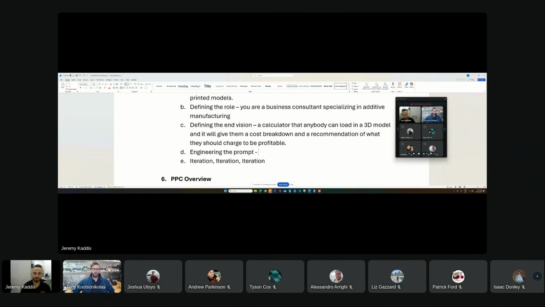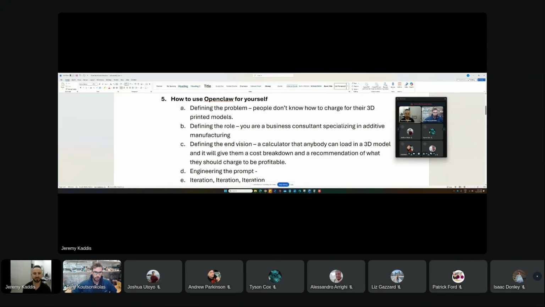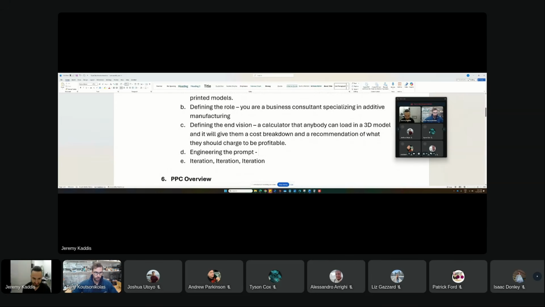That's our end goal. Then you don't want to give it specific instructions. You want to say, this is my problem, this is the role, this is the end vision. What do you think is the best way to get there? So never give specific instructions. Let it reason and decide the best way to get there. And then it will output a plan.